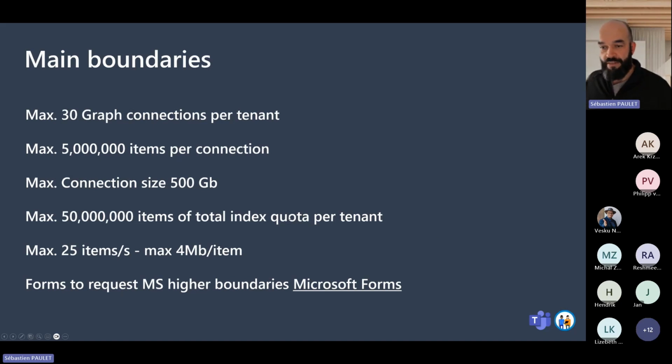As I said, we talk about external items. One connection can only manage by default 5 million external items. What you grab as information is limited to 500 gigabytes. And you also have a global limit on the tenant. If you add up all graph connector external items indexed, you shouldn't have more than 50 million external items indexed. If those limitations are too low for your use cases,